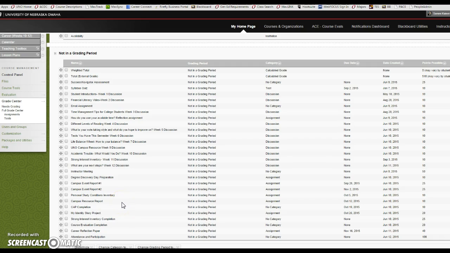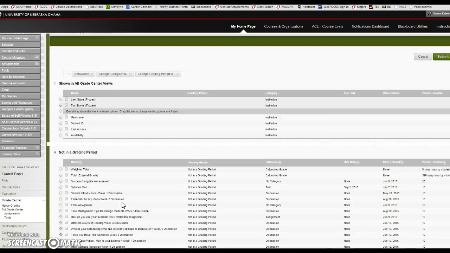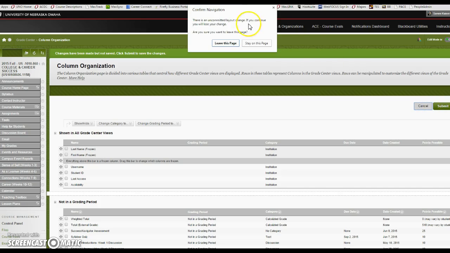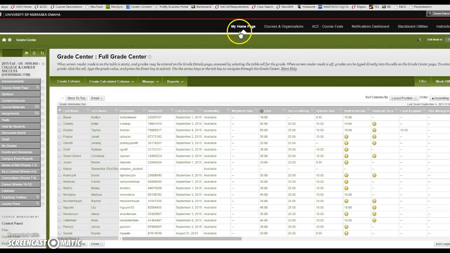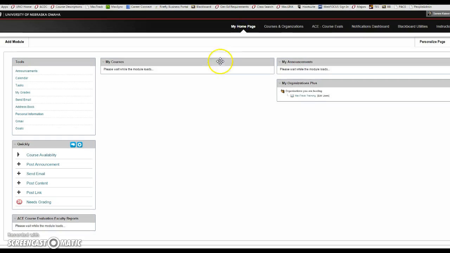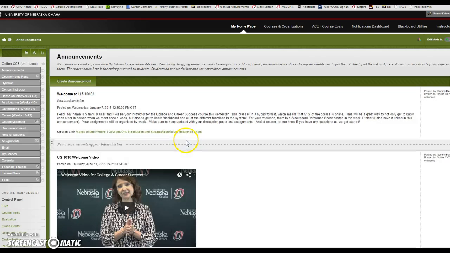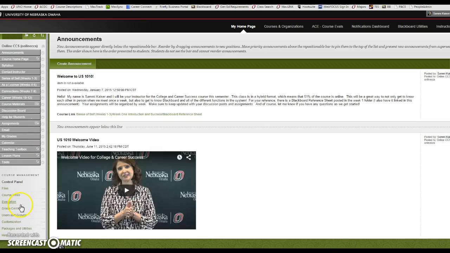You will see that I had added some extras, and so I'm actually going to go out of my site right now and go to the sandbox to show you how to delete the columns I had added by mistake. You should catch these if you've combed through it. You're probably like, what is this extra stuff? But I want to make sure and show you. So when you're in your Grade Center,